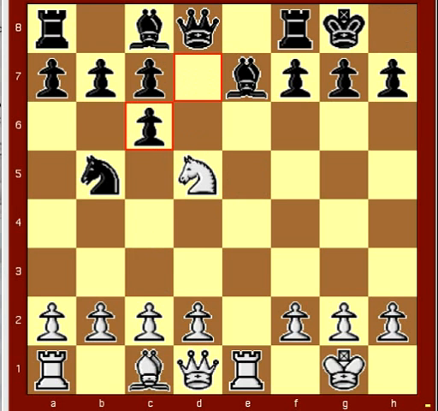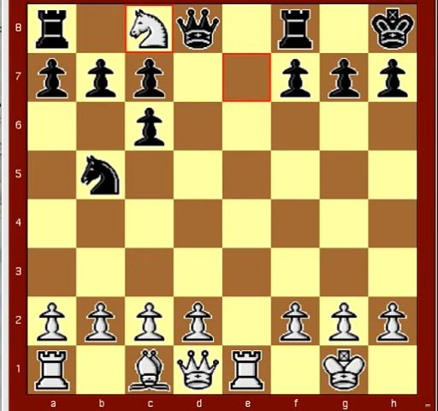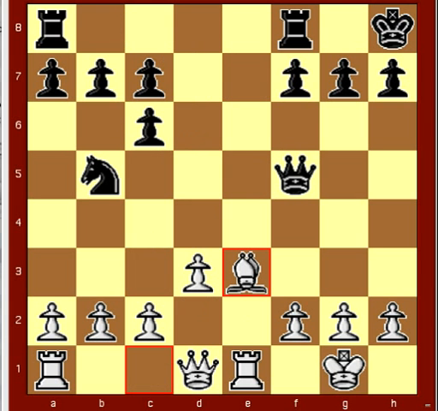queen pawn takes knight, knight takes bishop check, king to rook square, knight takes bishop, queen takes knight, pawn to queen 3, queen to bishop 4, bishop to king 3,